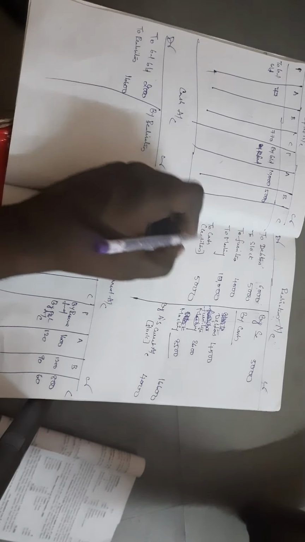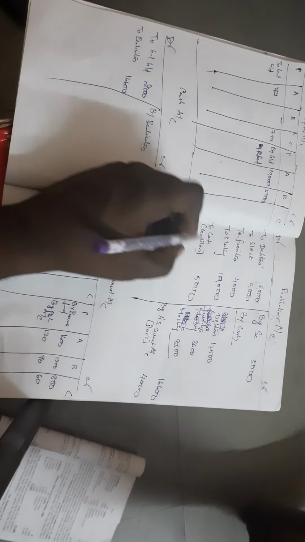After that, next we have to close. Now all the liabilities are settled, and one more liability we have to close, that is loan account. So now we paid loan completely. So to cash it is 3,900. So loan account gets closed, 3,900. So we paid cash, means in cash account credit side, actually here we have to write not loan, A's loan. So by A's loan account, it is 3,900.